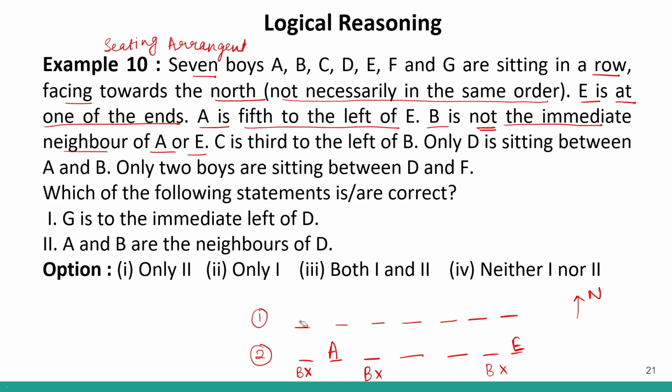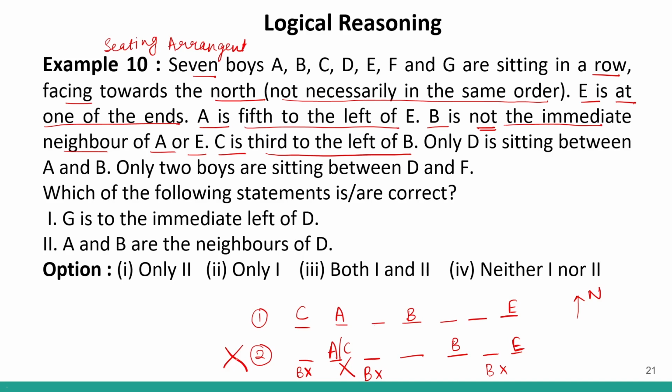So let us take both the possibilities. Let's say over here B sits here, and over here B sits over here. So 2 possibilities are possible. We have assumed both the possibilities. Now, C is 3rd to the left of B. So C has to be 3rd to the left. 1, 2, 3. C will be over here. And 1, 2, 3. C can be here? No. C cannot be here because we already have placement for A. So this possibility is again wrong.